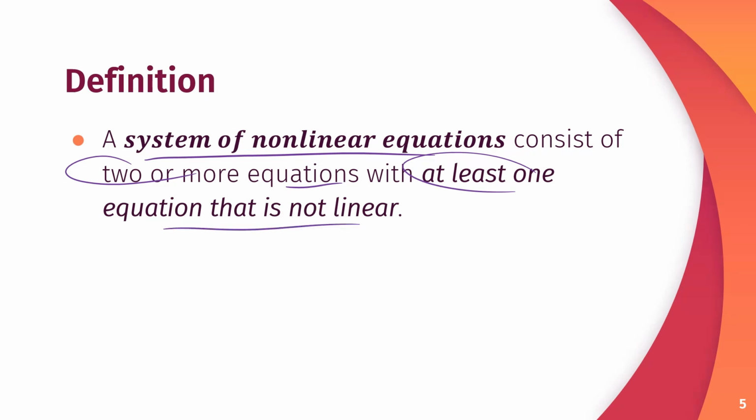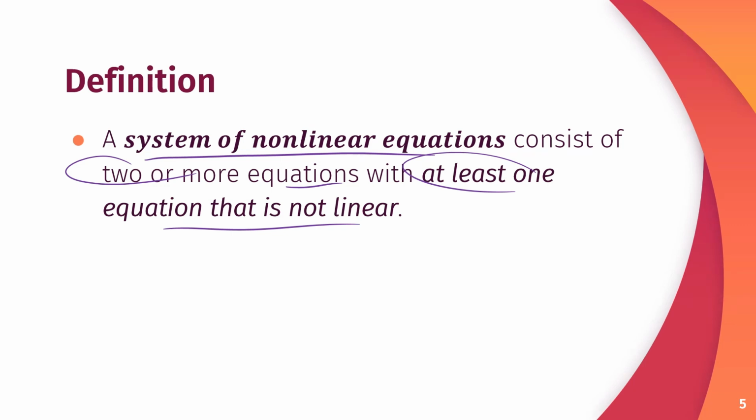So meaning to say that the given system of equations is a piecewise function with two or more equations. Two, three, or more equations with at least one equation that is not linear. So it is expected that in the given system of equations, there are equations that are quadratic or conic